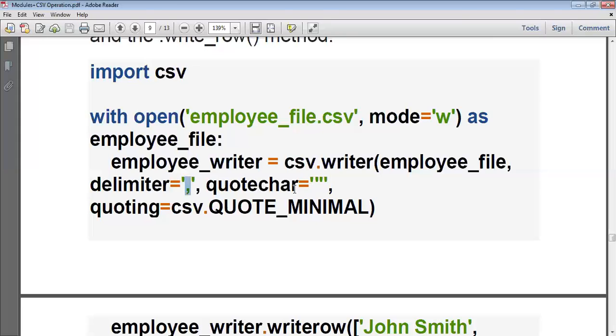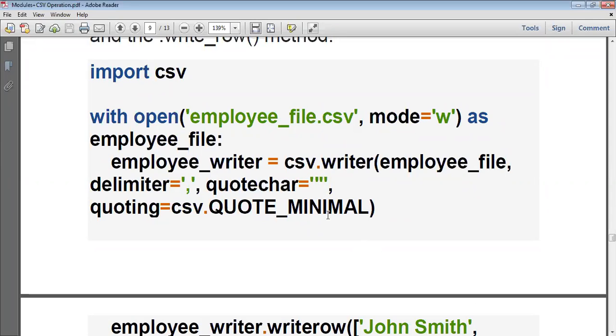Then after that, if I have given any string as the value, then what type of quotes have to be used, either a single quote or a double quote? That is represented by quoting and quotechar. Here I am using just double quotes. So if any string value is given, that string has to be enclosed within double quotes.